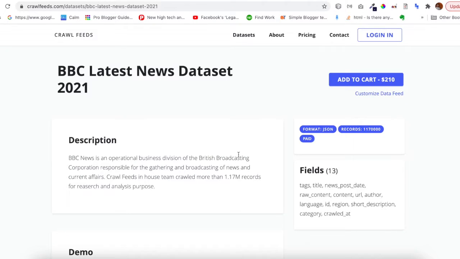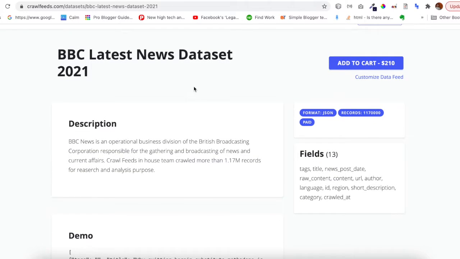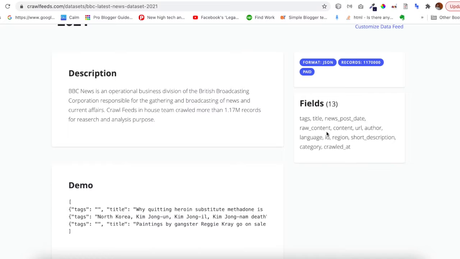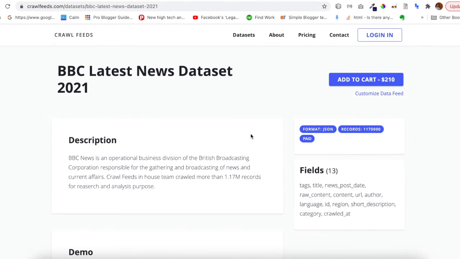And today we are talking about datasets that you can also download. You can download datasets from scrollfields.com. So today we're talking about the BBC News dataset, which has more than 1.1 million records and includes 13 fields. The fields include tags, title, news post, date, content, raw content, author, URL, short description, region, category, and more. The format of the dataset is JSON, and the price they're offering for this dataset is